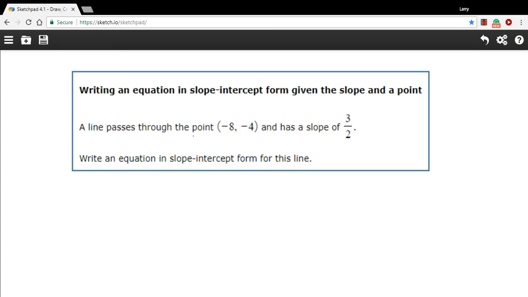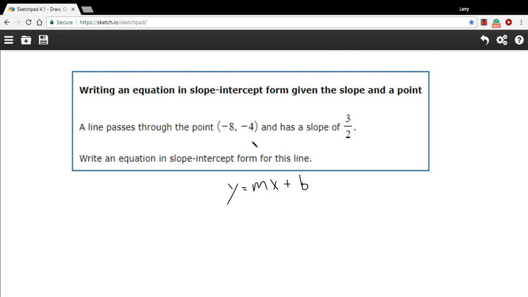In this problem, we want to write an equation for a line in slope-intercept form. And remember, slope-intercept form is that form where you have y on the left, and then you have some number times x, and that number is the slope, and then plus some other number, and that number is the y-intercept. So how are we going to write an equation when we just have the slope and a point, some point